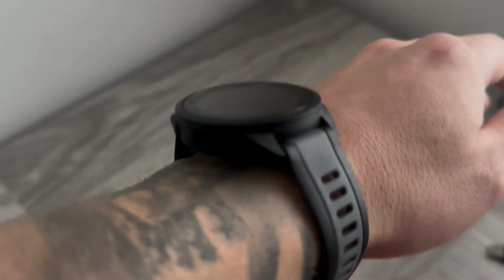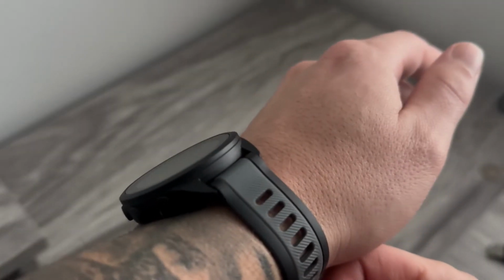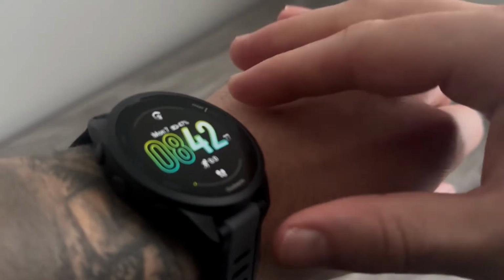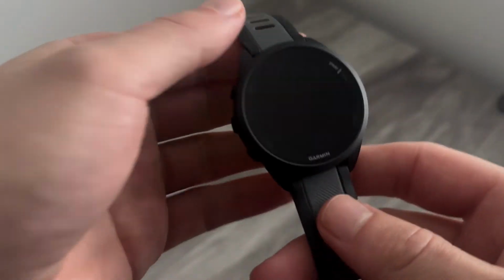You also need to make sure that the watch is positioned above your wrist bone. This is where you're going to get the best reading. If it's still not picking up your heart rate, you could try repositioning the watch slightly up on your wrist like so. So if you've tried all of these steps and the heart rate's still not working or showing, then